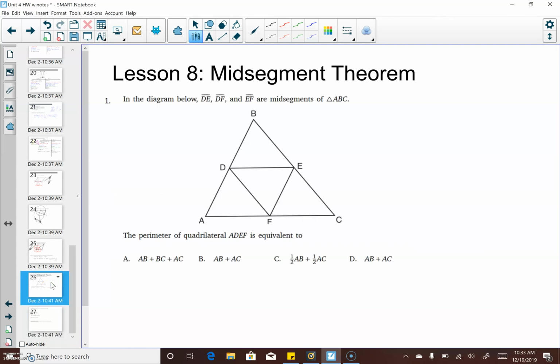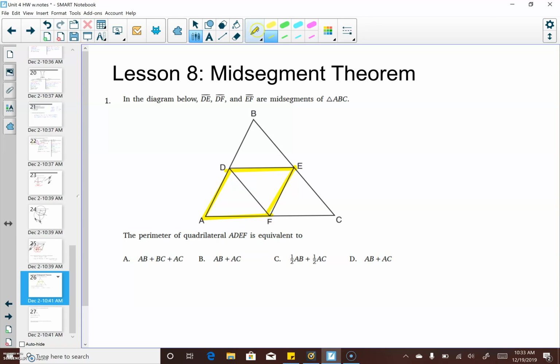For Lesson 8's homework on midsegments, we're going to talk about how midsegments of triangles affect our quadrilaterals. In the diagram below, DE, DF, and EF are midsegments of triangle ABC. The perimeter of quadrilateral ADEF